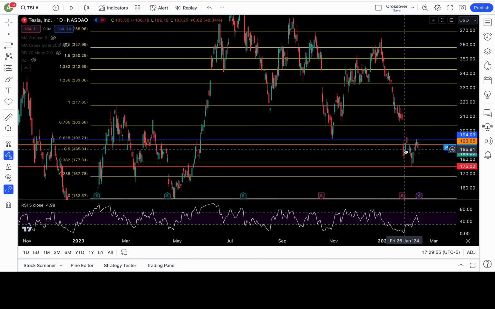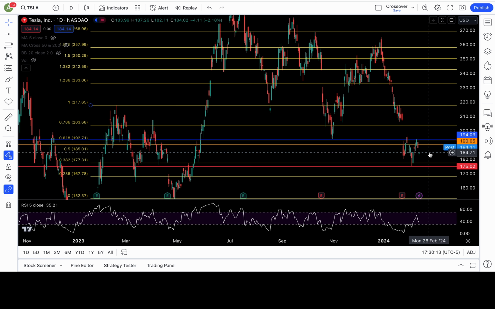Above 185 would put 186, 188, and 190 in play. Those levels got to clear to retest 192.7 and 194. And I would only favor a bottom is in above 194. If this is truly the right shoulder of an inverse head and shoulders, those levels must clear, and it could